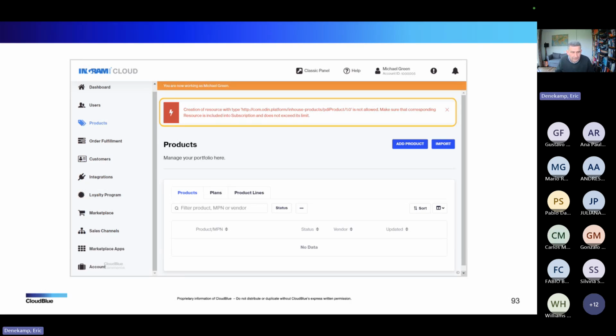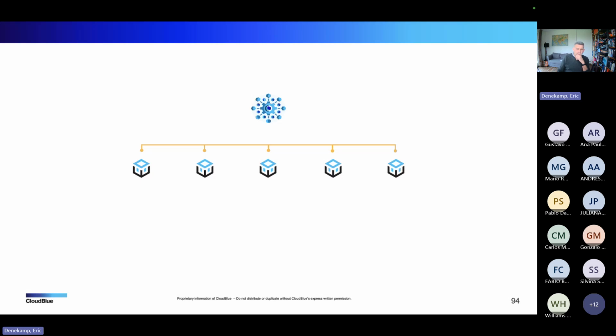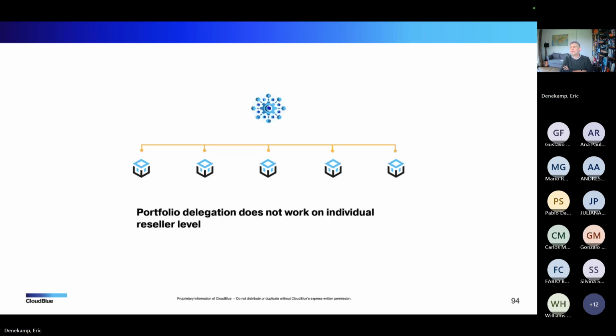All right, let's continue. We're almost there, guys. So I'm almost giving you your, I wouldn't say your weekend, but the rest of your day back. A key thing, what you need to know is, let's call it limitations. Portfolio delegation does not work on individual resellers.